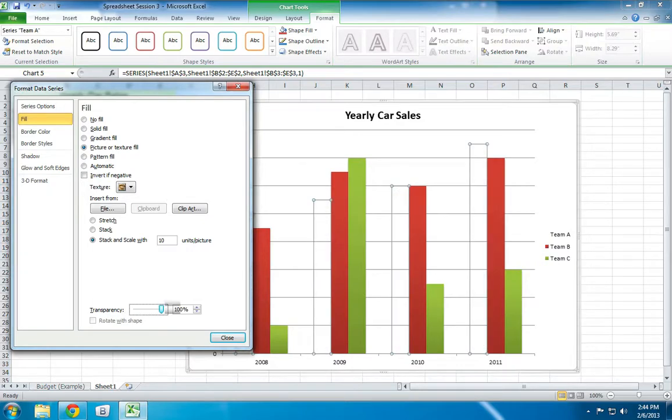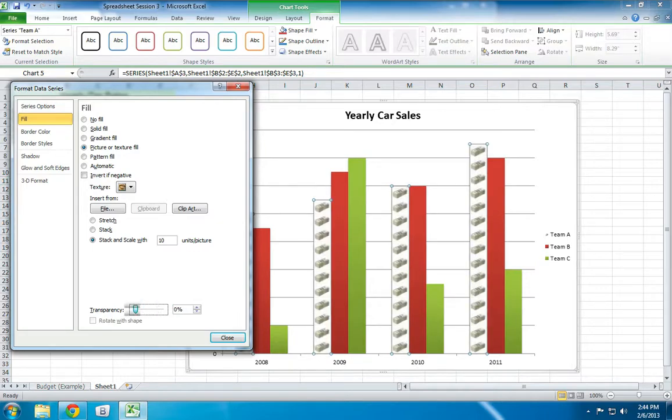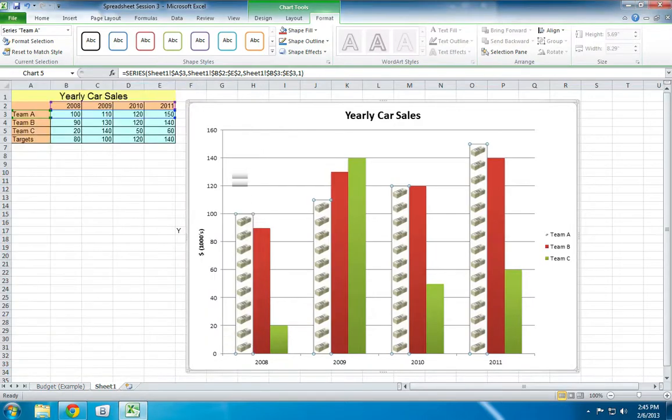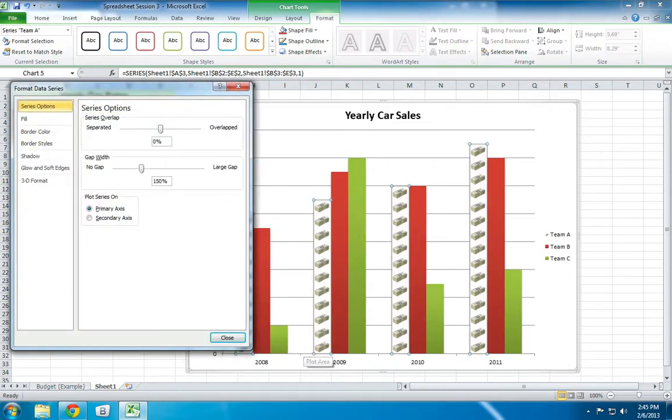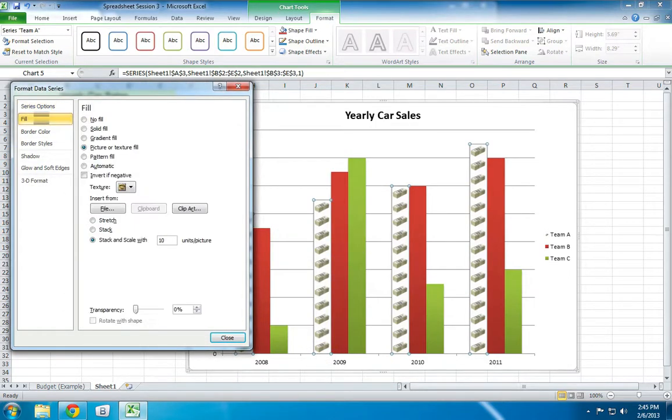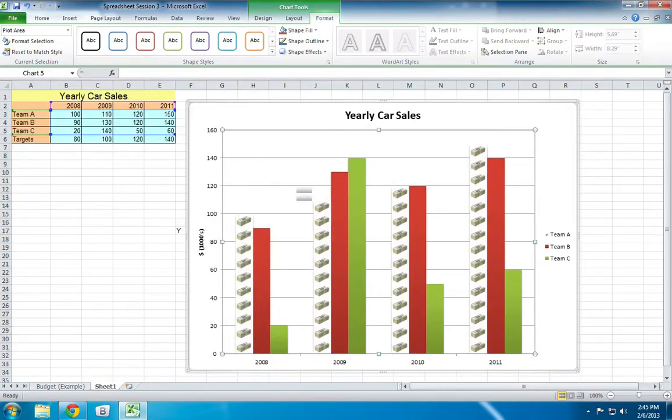So 100% transparent is obviously totally see-through. I don't actually think we would use that transparency. So let me just reiterate what that was again. That was a right-click on the actual column and choose Format Data Series, and then we go to the fill. So a couple of little hoops to jump through there, but I think you'll agree that